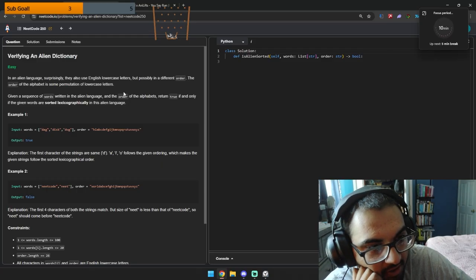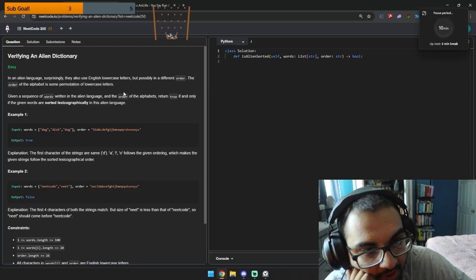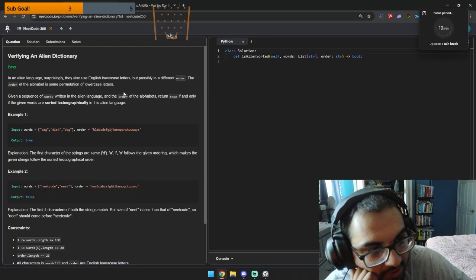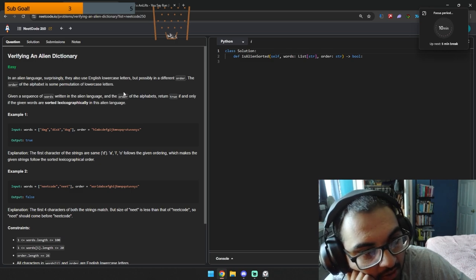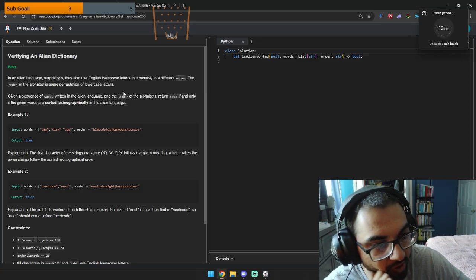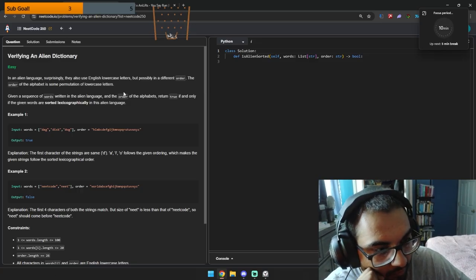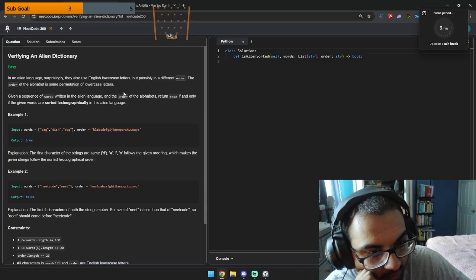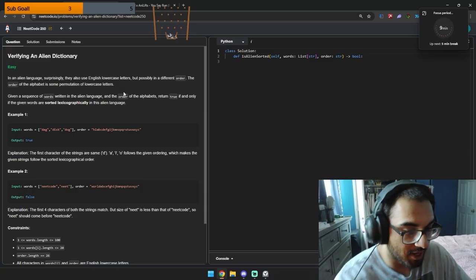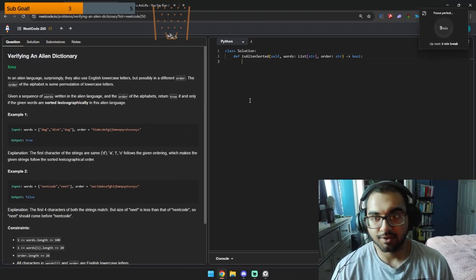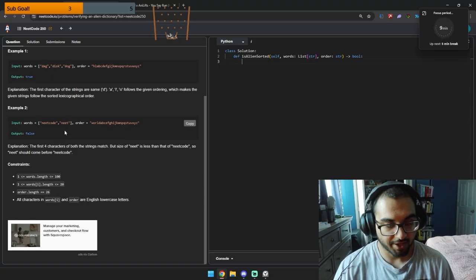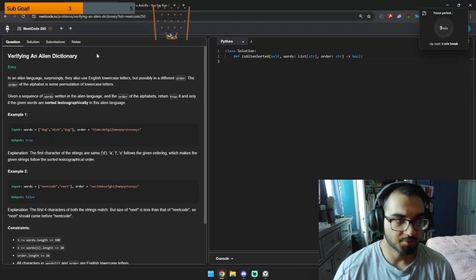Okay, explanation. The first characters of the strings are the same. They follow the given order, which makes the given strings sorted lexicographically. It's just in order. The first four characters are the same. Oh, okay, I see. So we need to compare each individual letter. I could see a brute force approach where we just do